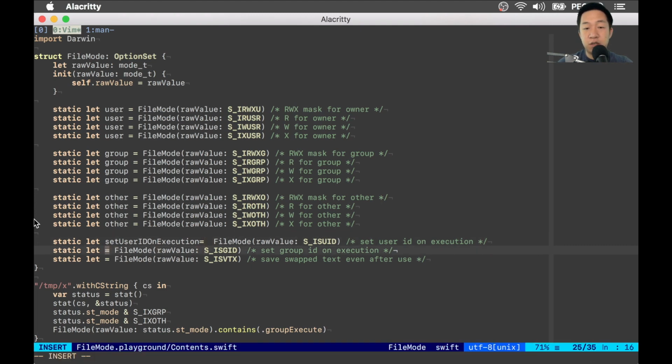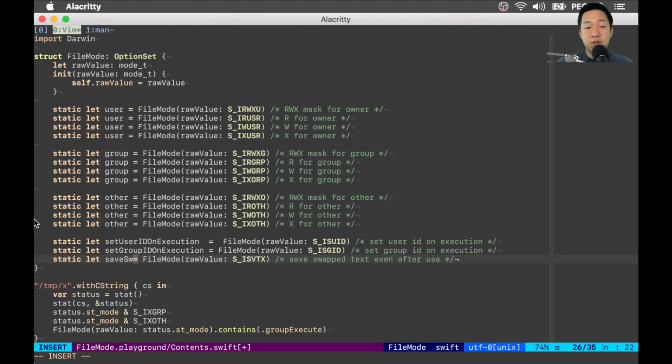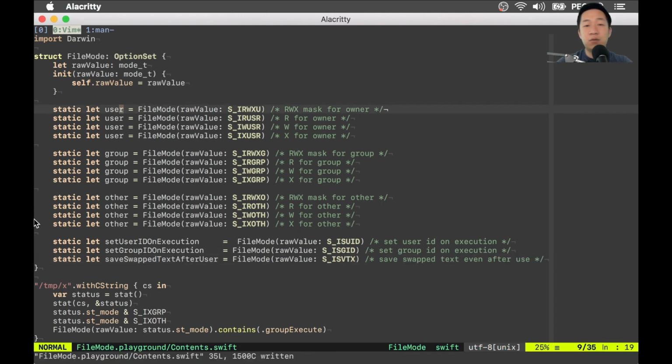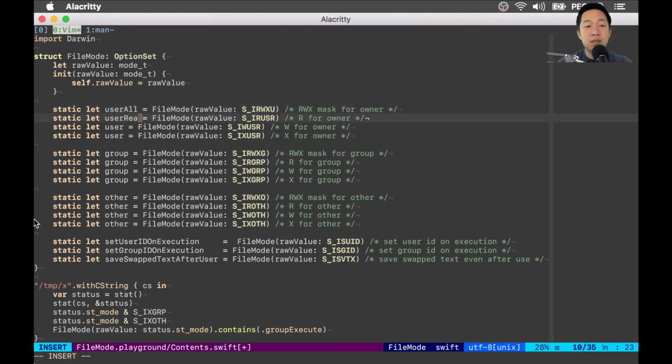Verbosity is a virtue here. Set group ID on execution. Save swapped text even after use. So for read write execution mask, we can just say name it all, right? And then for this is read, write,